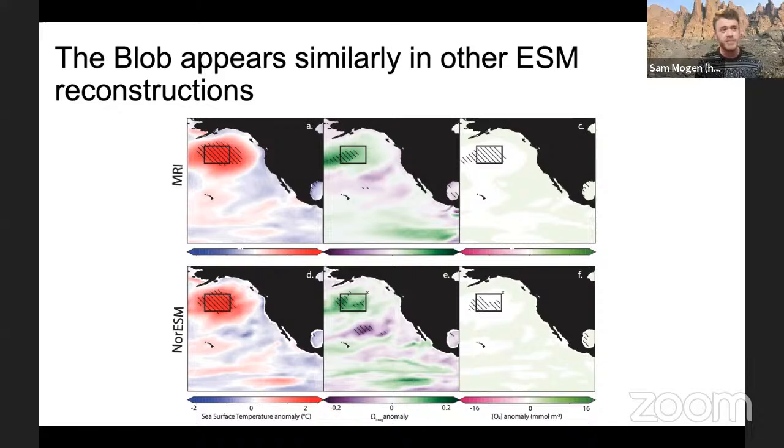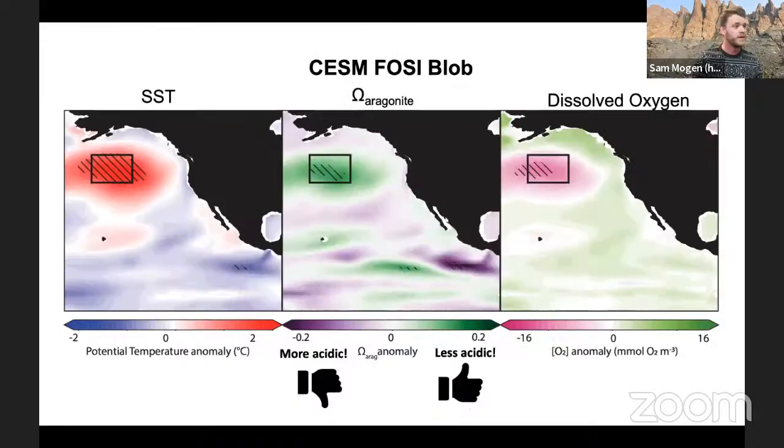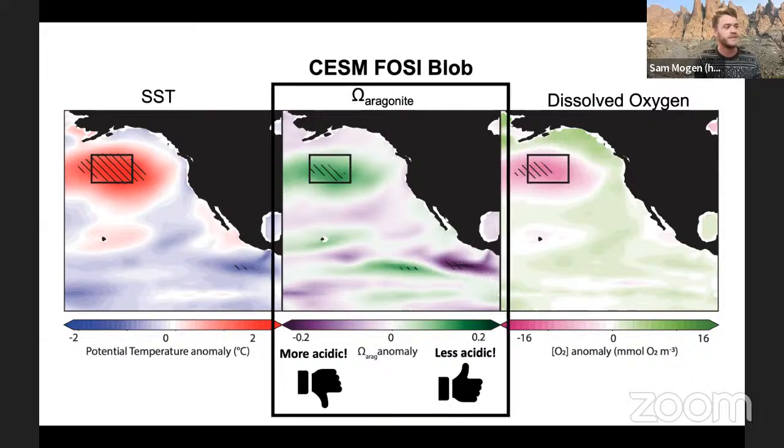CESM FOSSI did a better job in some ways than these other ESMs, especially for oxygen signals. The magnitude of change in these other Earth system models just does not capture the spread that we found in observations. So we know that FOSSI is working, and here again is what's happening. We have a bad thing, the oxygen going down, and a good thing, the mitigation of ocean acidification. So we're going to investigate a little more about this good thing, the mitigation of ocean acidification,